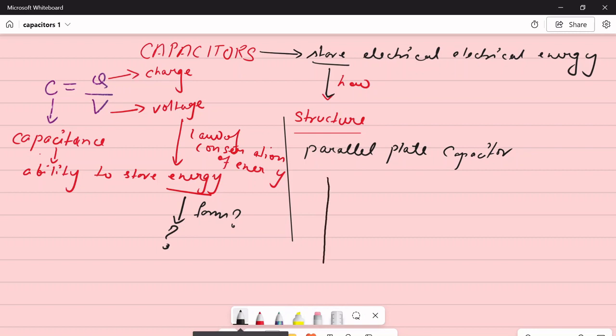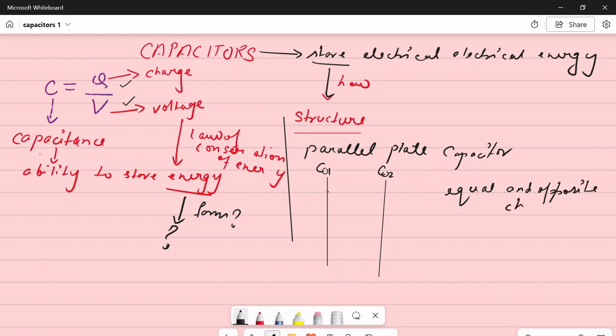Let us make the structure of the parallel plate capacitor. It looks like this. This is first plate, this is second plate. Now, according to this formula, I want charges here. So what I will do is, I will apply some voltage in the conductor. This is conductor 1 and this is conductor 2. In these conductors, there are multiple charges, maybe randomly distributed, positive, negative. But what I want is equal and opposite charges on both the plates. This is extremely important. Equal and opposite charges.